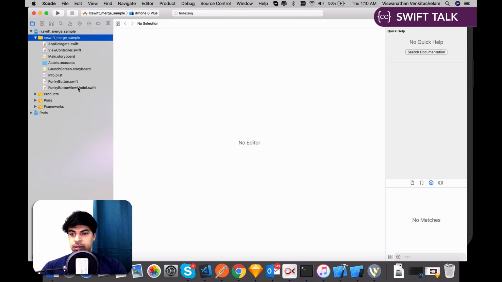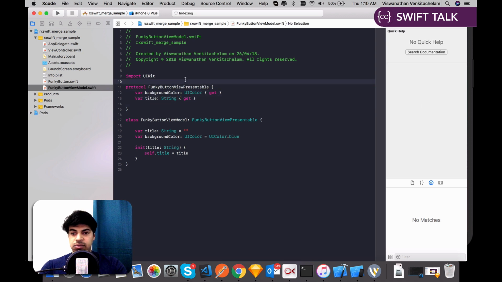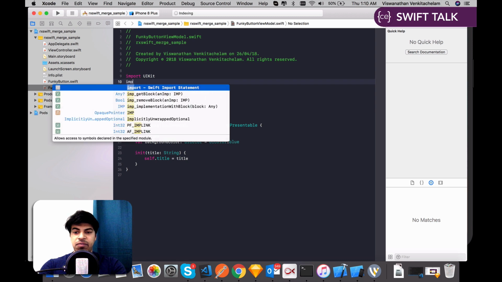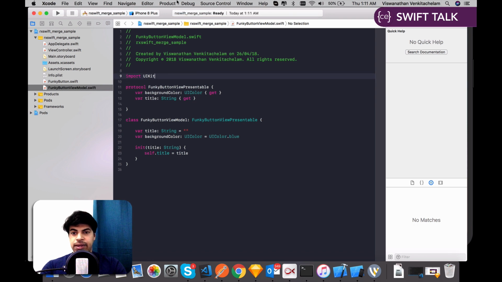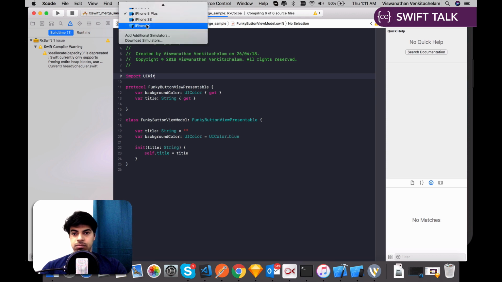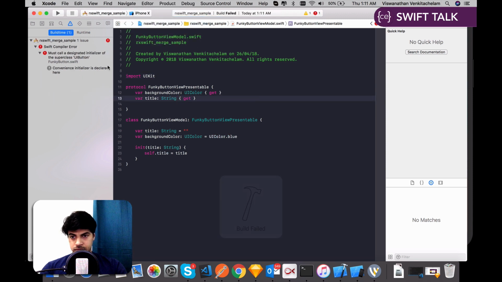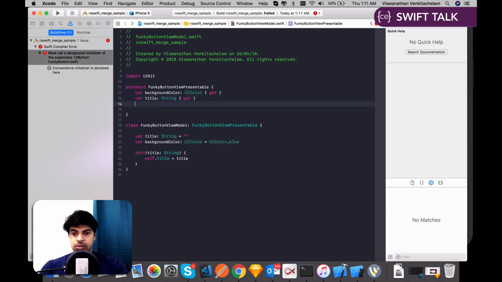Let me include, so I have a funky button view model and a funky button. So one more thing I need here is that this needs to have something to propagate the button tap event. For that, let's do something. Let's include, I think, Rx, we need to compile it once. Okay, this we need to tackle. Before that, let me just include